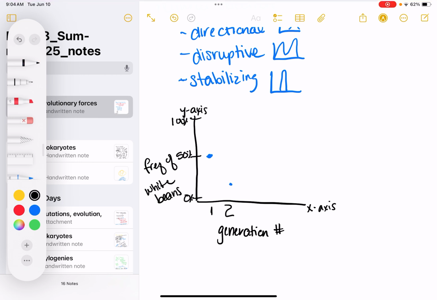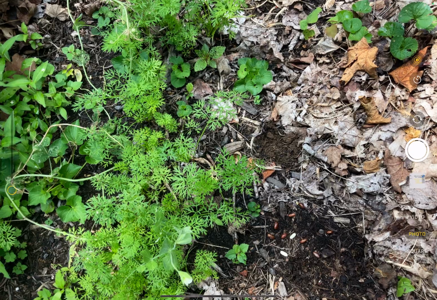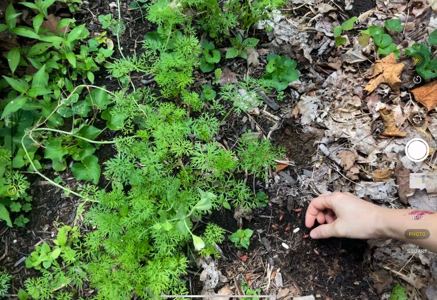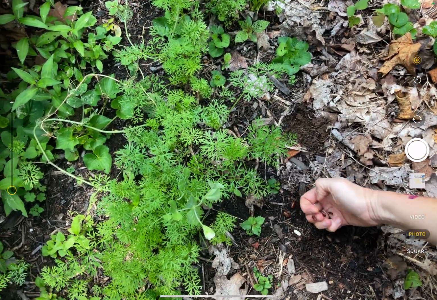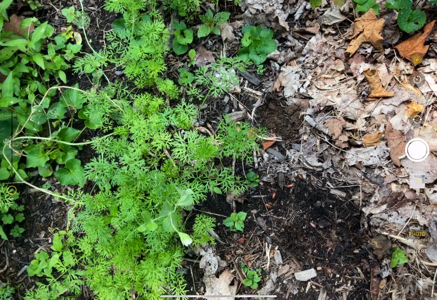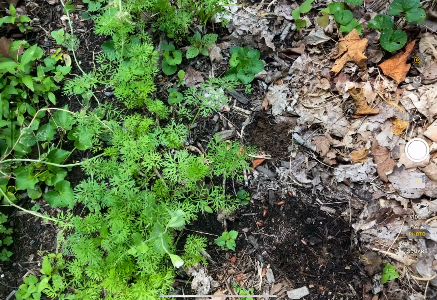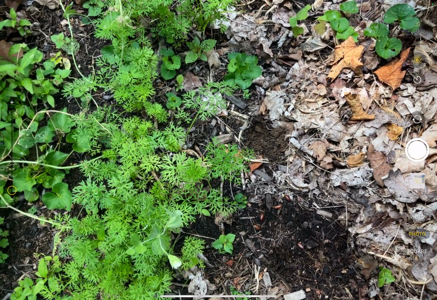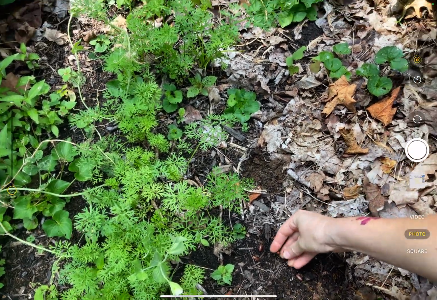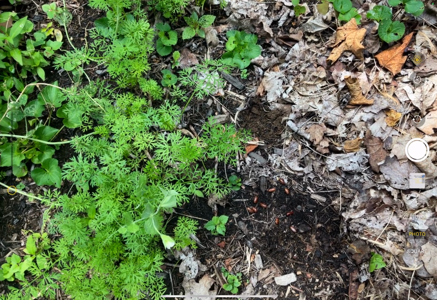So generation 2, I went down to 20%. Now let's do that again. So let's go back here. And again, I'm going to be a predator. I'm going to pick out 5. 1, 2, 3, 4, 5. And you can see I already have only 5 brown beans left. So I'm going to add those 5 brown beans into the soil. Okay. So just in a couple generations, I've completely eaten all the white beans and only the brown beans are